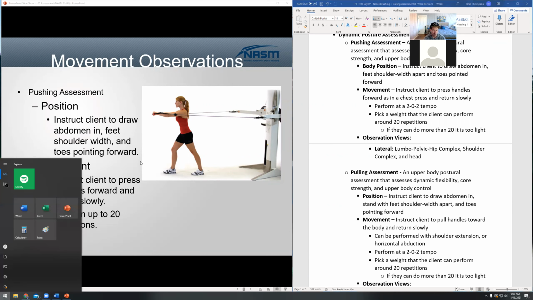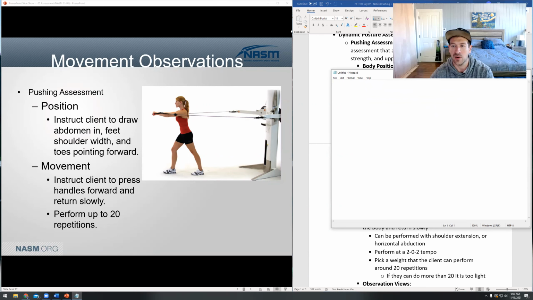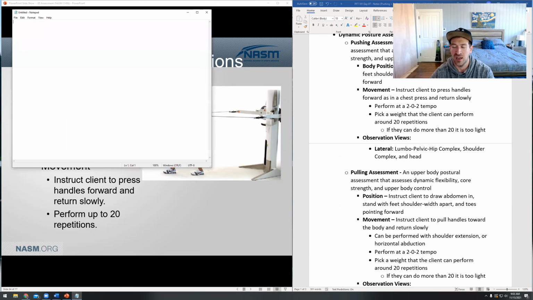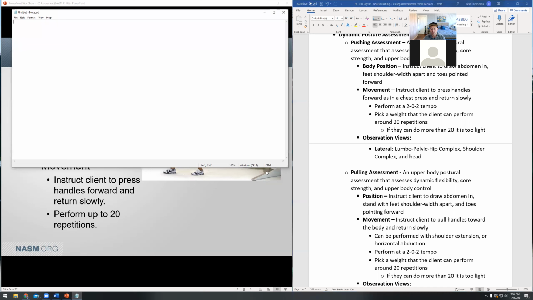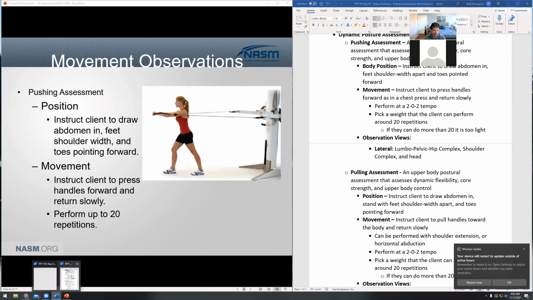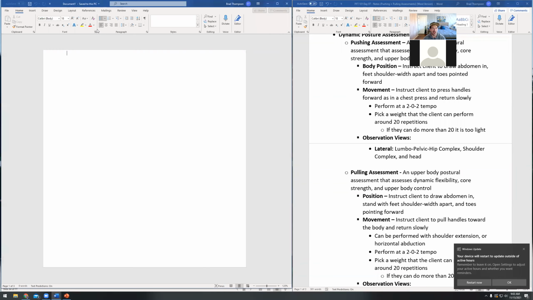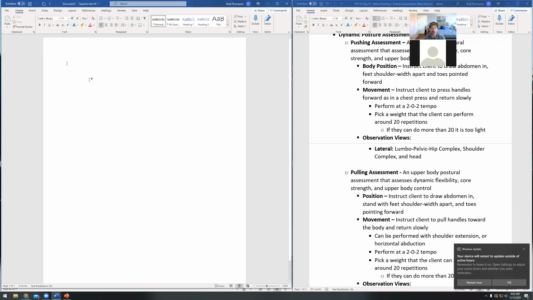Now, if we start to imagine, I'm just going to pull up a little notepad thing here. Imagine what a 1 hour fitness assessment session looks like for a trainer. If I brought my clients into the gym and we're going to go through this next hour, I started them with the PAR-Q. I would probably, let's do it in Microsoft Word, because then I can zoom in. You guys can see. There we go. So if we start to think about what it actually looks like to flow an entire fitness assessment,